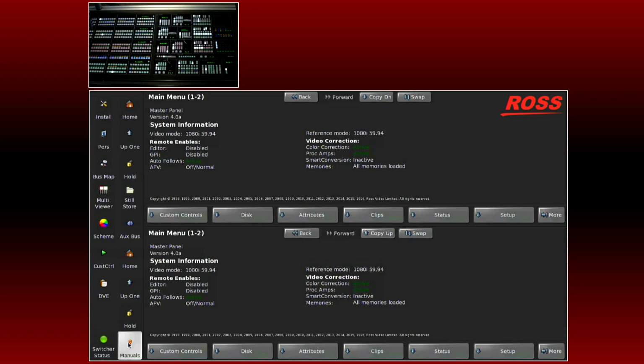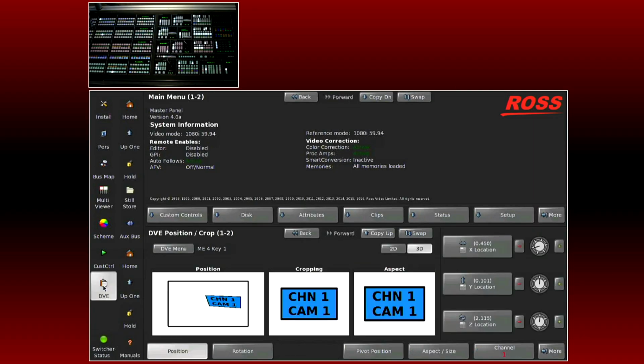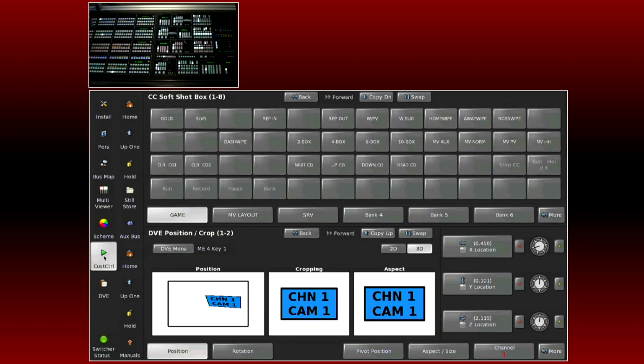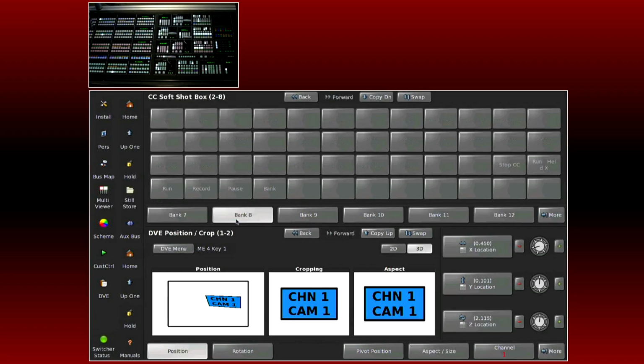DVE, this will be a quick jump to the DVE menu. So whatever keyer is currently active, it'll automatically bring up the DVE menu. Custom control, this will launch the custom control shotbox. So a quick way to bring up all of my effects in a shotbox function across all banks and